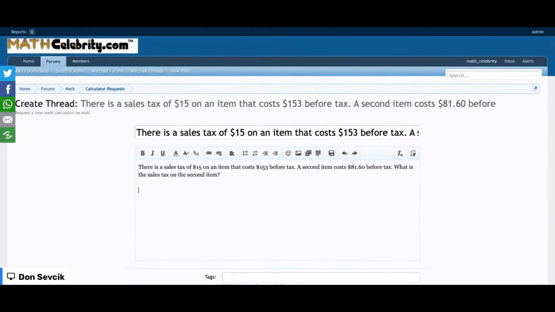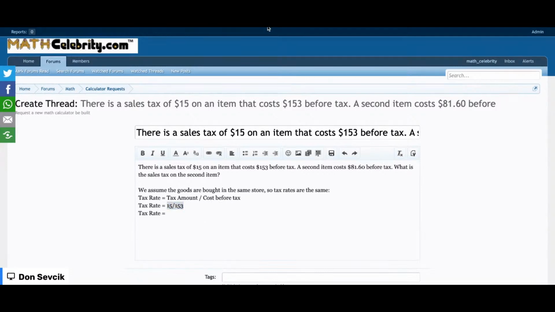So let's cover that. There is a sales tax of $15 on an item that costs $153 before tax. A second item costs $81.60 before tax. What is the sales tax on the second item? We assume the goods are bought in the same store, so tax rates are the same. Tax rate equals tax amount divided by cost before tax. Tax rate equals 15 divided by 153. Tax rate equals,